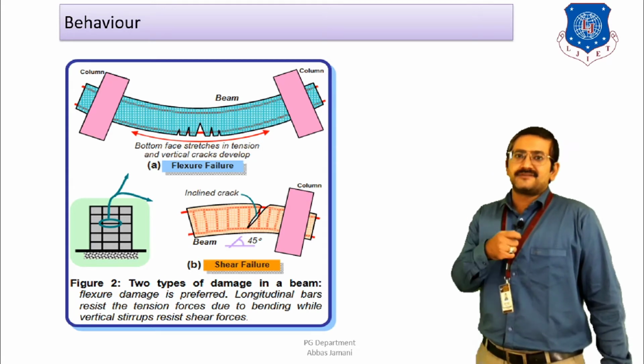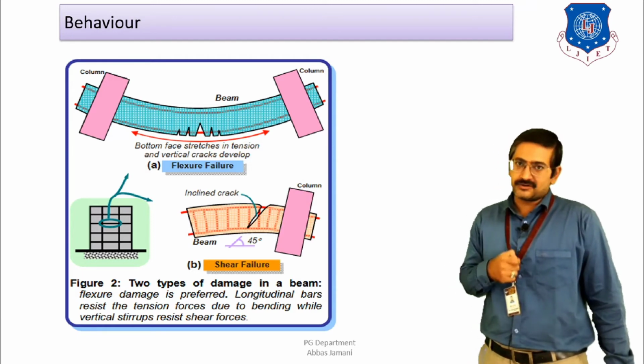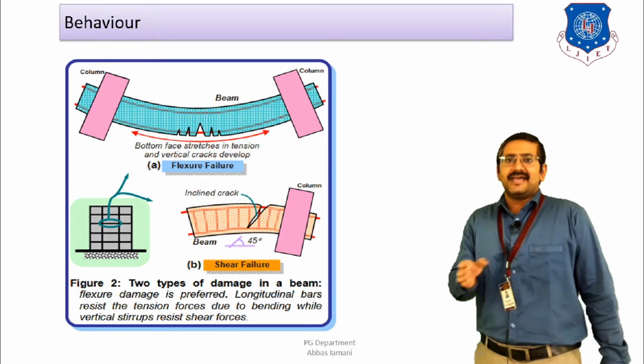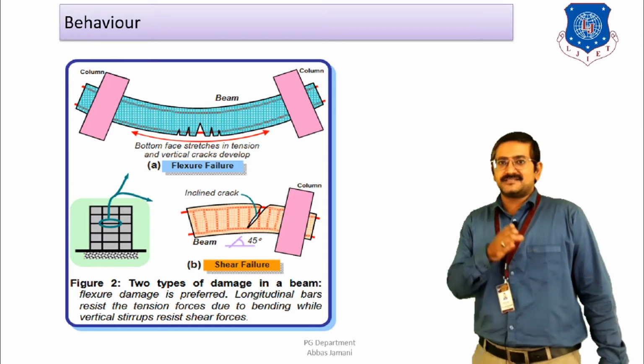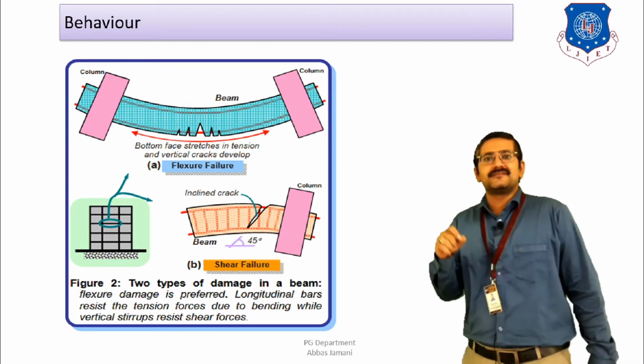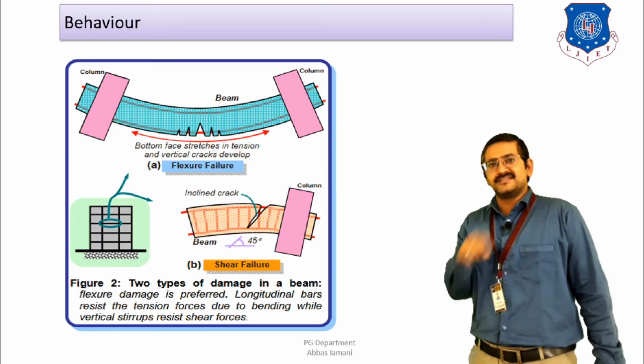we provide the transverse reinforcement, which is also known as the closed loops or the stirrups that we talk about. These stirrups have to be placed closely near the support section, and they have to be placed at a larger distance in the midspan section. Why? Because if I draw the shear diagram, then the shear requirement is going to be more near the supports as compared to that of the center of the span.